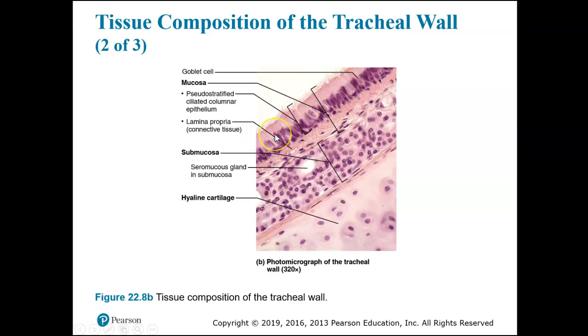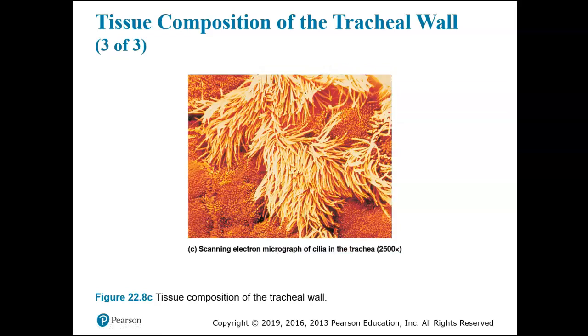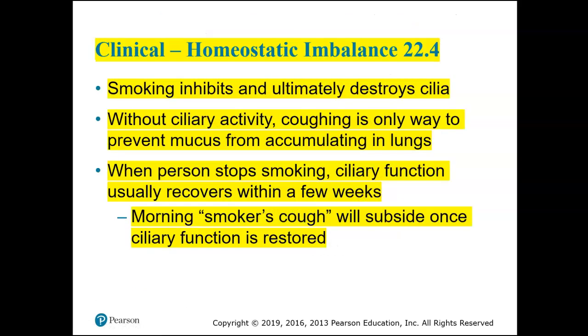Maybe you remember from Bio 168. And that is the lining of your trachea and respiratory passageways. Here is an electron micrograph, which is the cilia blown up about 2,500 times. And our clinical note contains